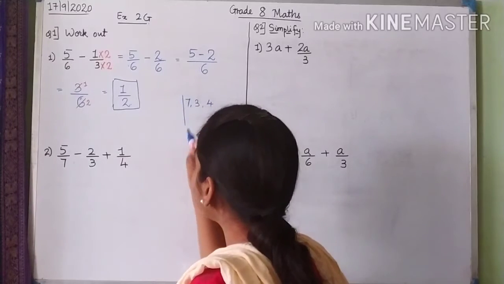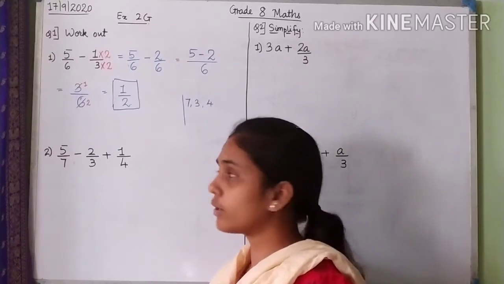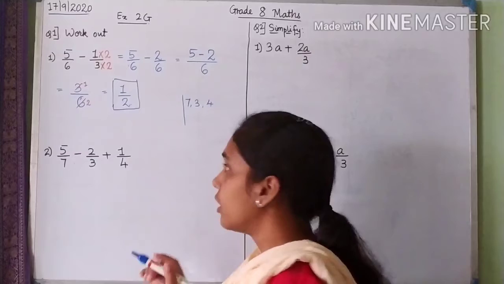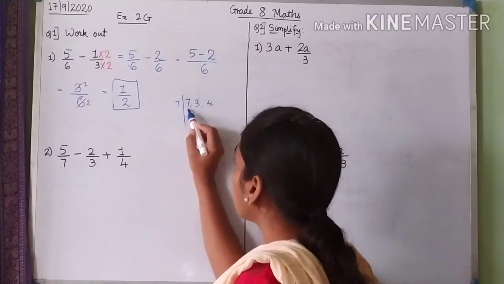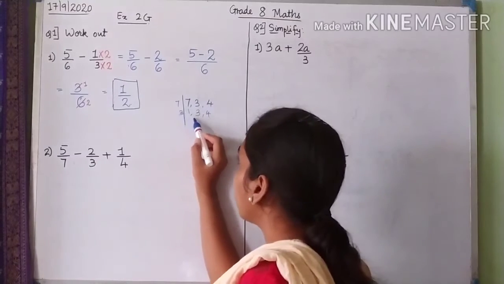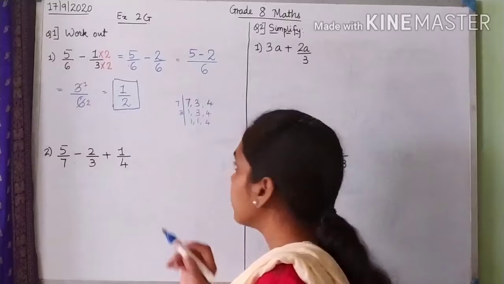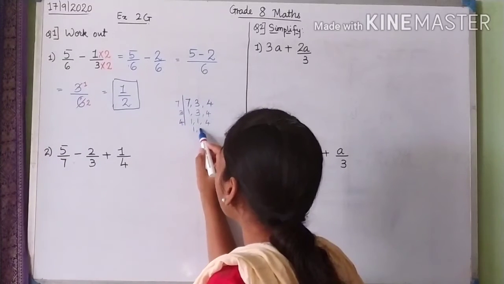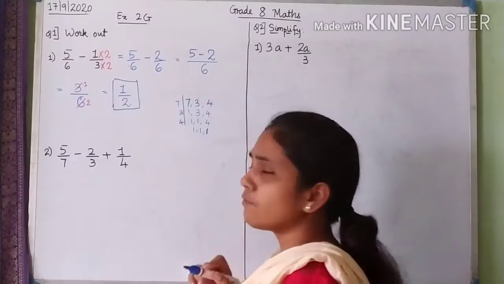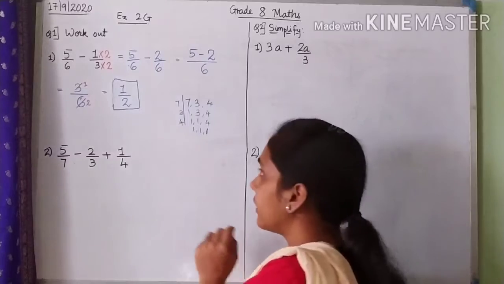So we know that these numbers do not go in one common table. Okay, that means there is no number which can divide all three numbers. So we write them as they are. So 7 ones are 7 and 3 and 4 will remain as they are. Then 3 ones are 3, 4 will remain as it is, and this 1 will remain as it is. Now we know that 4 ones are 4. So now we have got 1, 1, 1. So whatever we have got in the left hand side column.